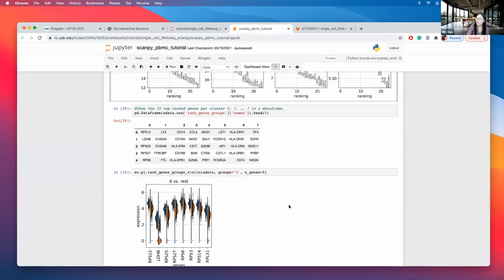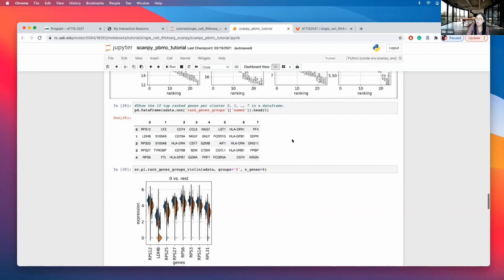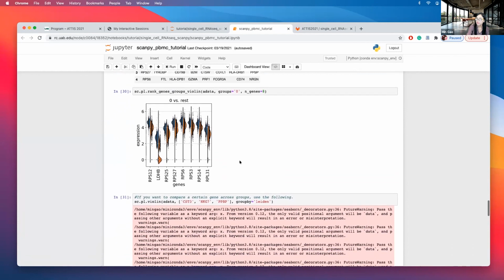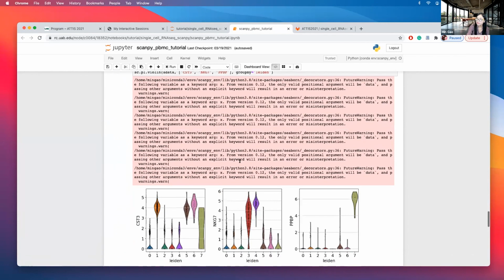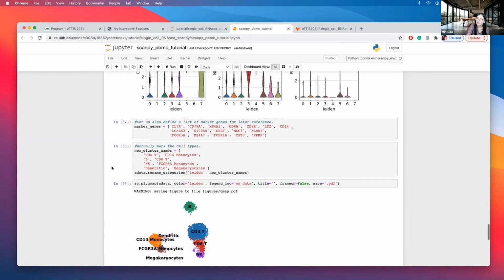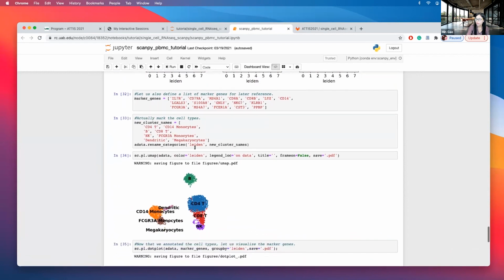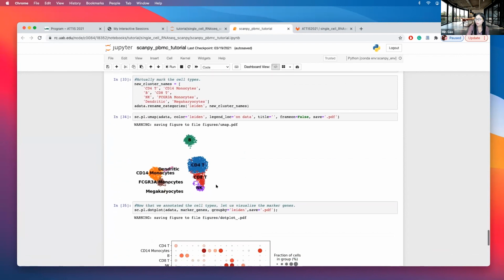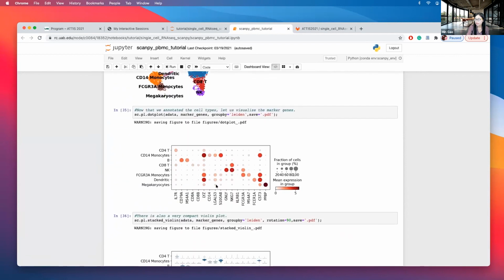And also we can use other methods to visualize the marker genes. Just use the list to show the top marker genes in each cluster, and use the violin plot to plot the marker genes. And based on the marker gene information, we can assign the cell type to the clusters. We use this function to annotate the clusters, and we can plot the annotated clusters showing here, and we can visualize the marker genes